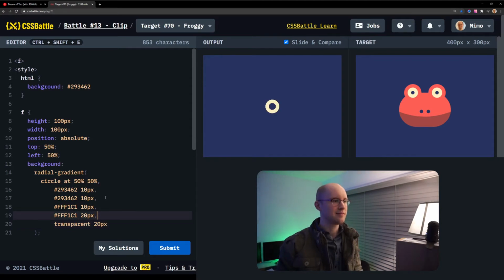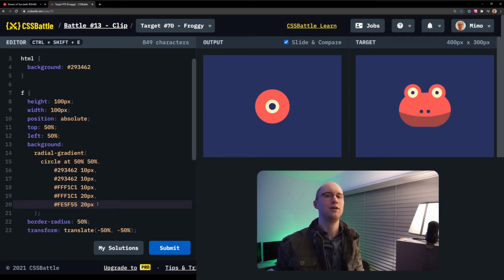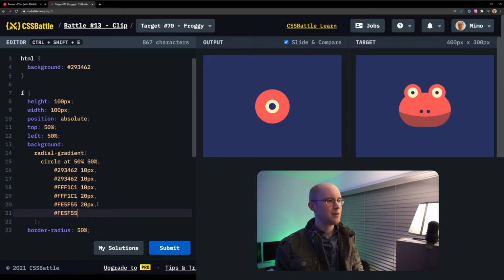Stop that sucker. Okay, I stopped it. Stopped it right in its tracks. But we'll keep going and add this sort of neon red color, because frogs are neon. They are neon red. Perfect. Okay. And then I want to stop it at our next value, which I'll just say 30 pixels for